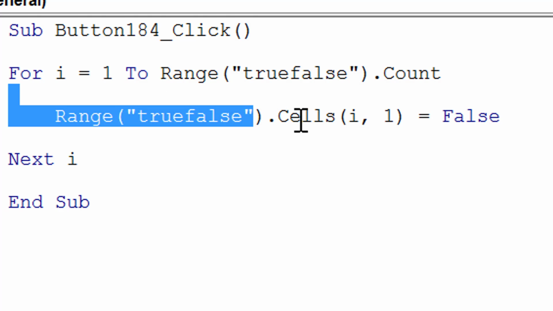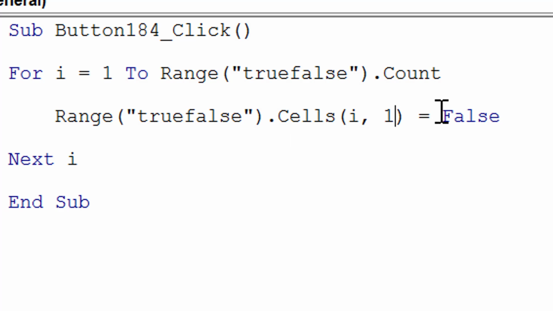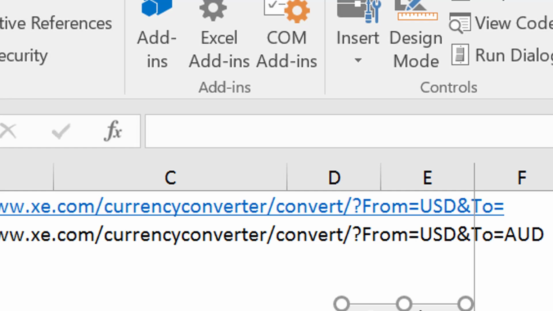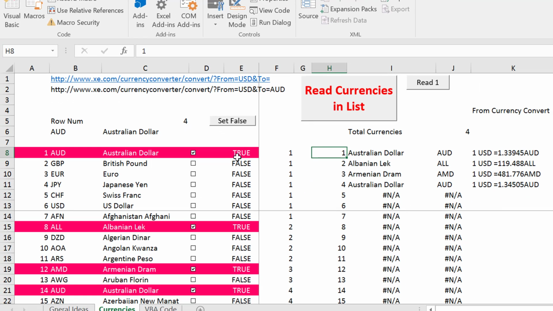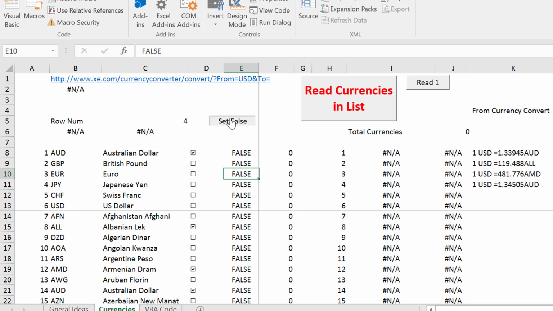Notice how it goes from 1 to 2 to 3. That's just the row number, but that's inside the range, so it's the cells within the range, and you just set that, and we've only got one column, so you simply set it to false. It takes 1 minute to do. It really does. Okay, and then once you have all of these set to false,